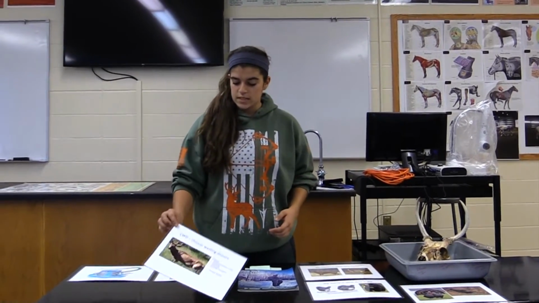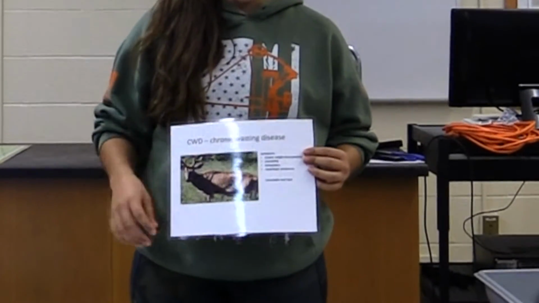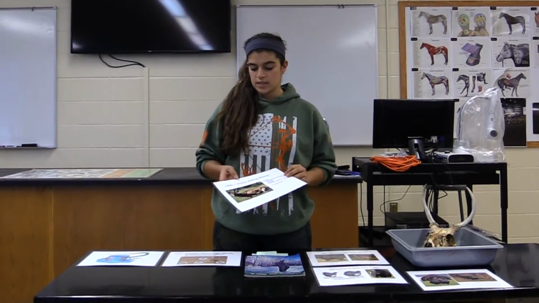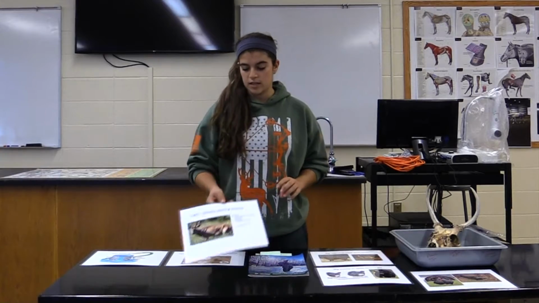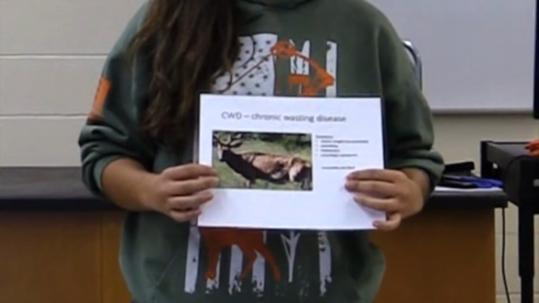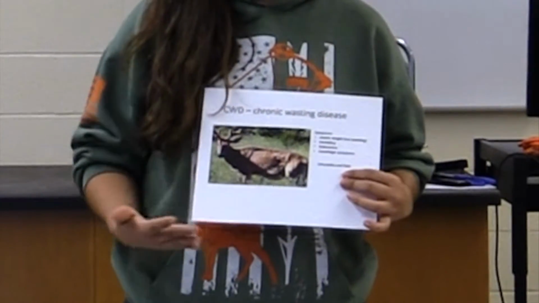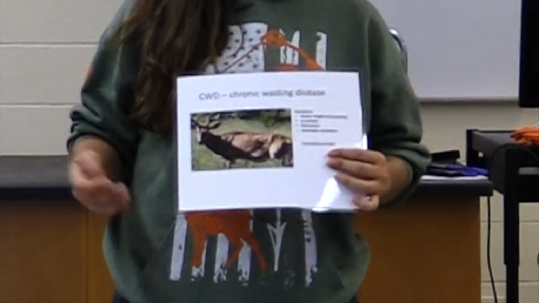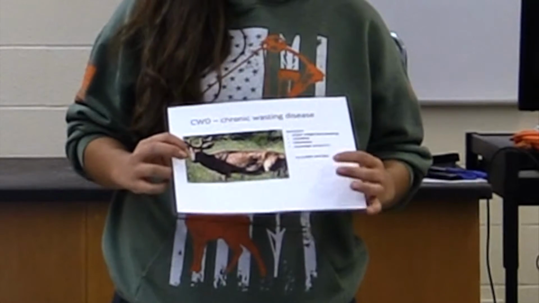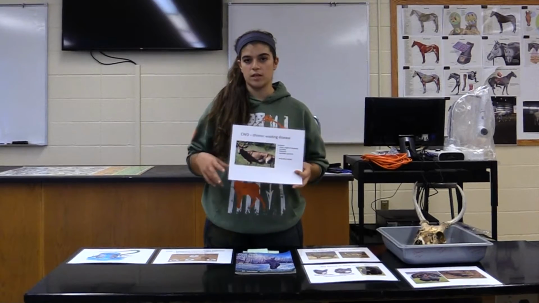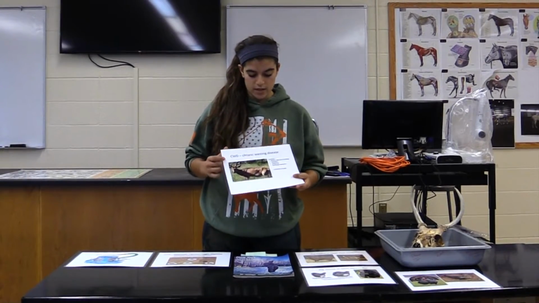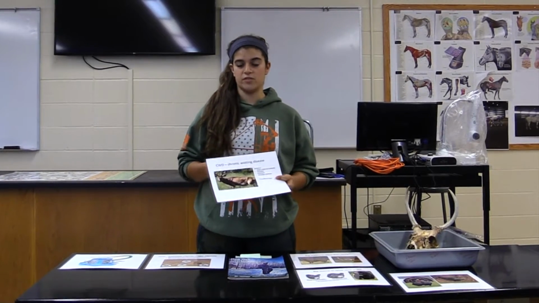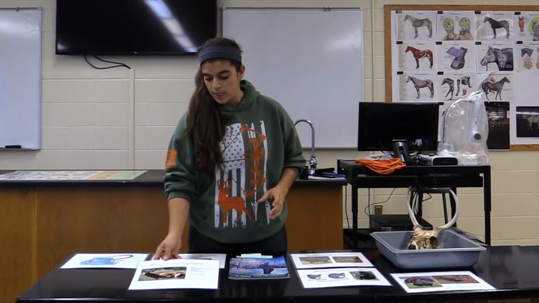So some of the diseases that white-tailed deer specifically can get are CWD, which is chronic wasting disease. This is transmitted deer to deer, and it can be identified by the specimen being very, very skinny. They typically have neurological disorders. They just won't look right. They typically will starve because their brain will tell them to stop eating, and it's a very disturbing way for them to die. It's incurable and it's fatal for any animal that gets it.